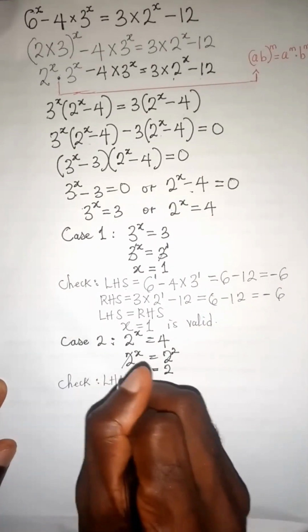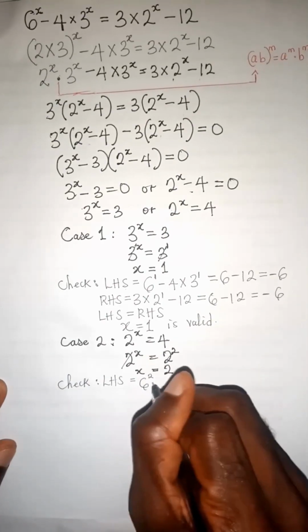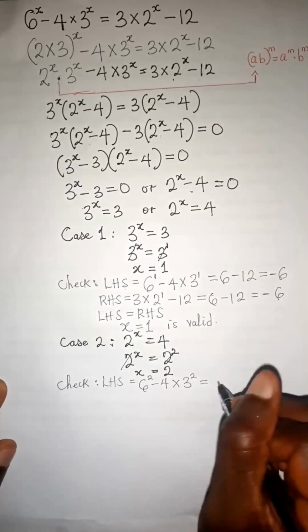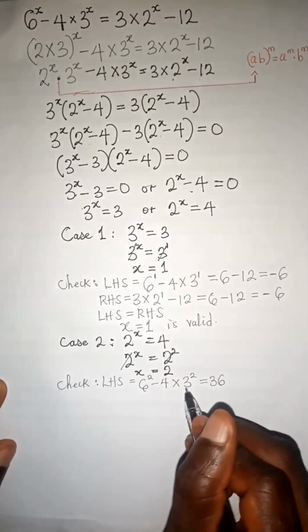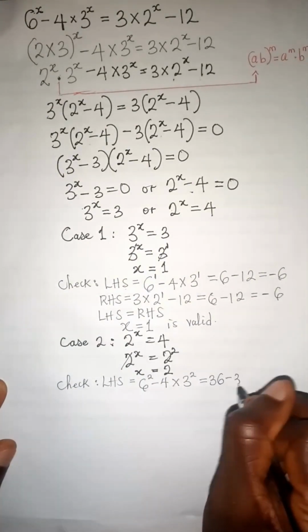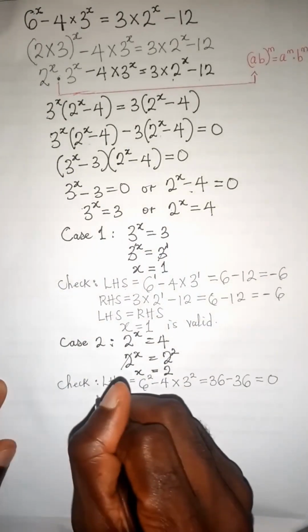Now the left hand side, as we did earlier on, will become 6 to the power of 2 minus 4 times 3 to the power of 2. 6 to the power of 2 is 36, and 3 to the power of 2 is 9, so 4 times 9 is 36. 36 minus 36 gives 0. The right hand side